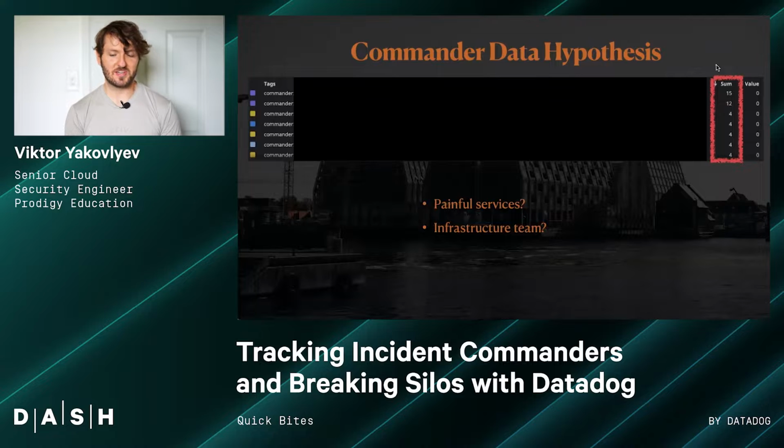So if we look at the commander data, we see the same kind of distribution. You see that there are top two people here that respond quite often, and we try to hypothesize why. And again, the first knee-jerk reaction: well, these people own very painful services. They keep falling over, so their owners are always on the call trying to fix them. Their infrastructure is always on the call during the incident to see if maybe they need to fix something in Kubernetes, they need to scale, they need to understand something that way.